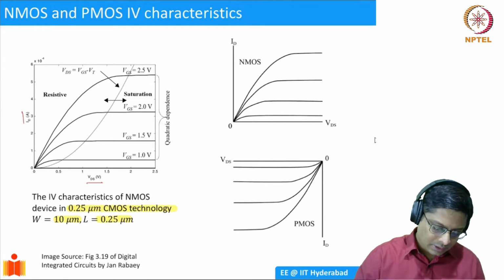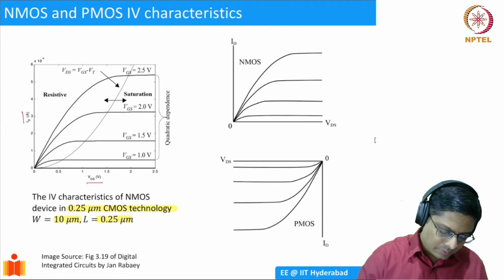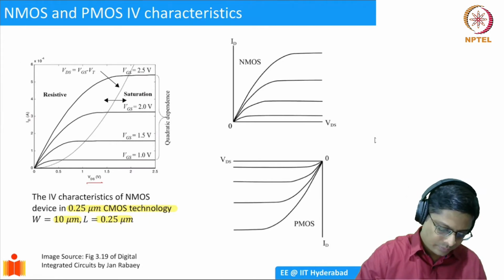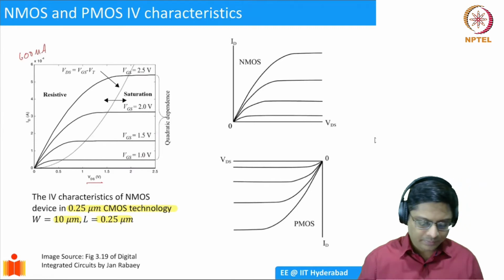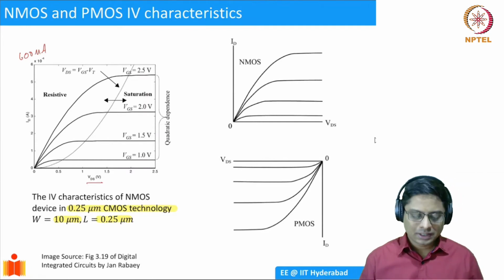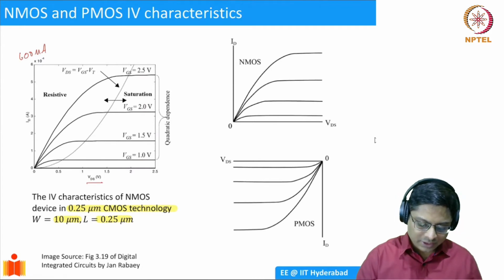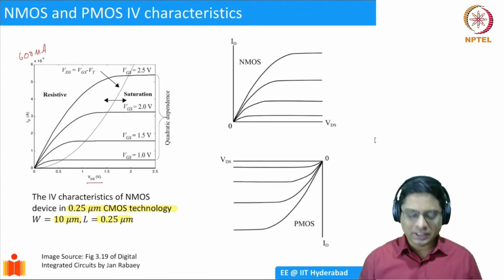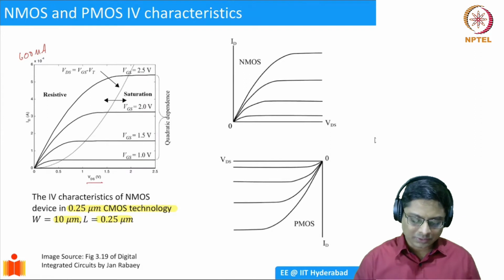And the drain current is going from 0 to 600 microns here. You see that there's a reasonable amount of change in the current. So whenever we turn on the MOSFET, you have large current. When VG is less than VT, then it is zero current. So that's how MOSFET acts like a switch.